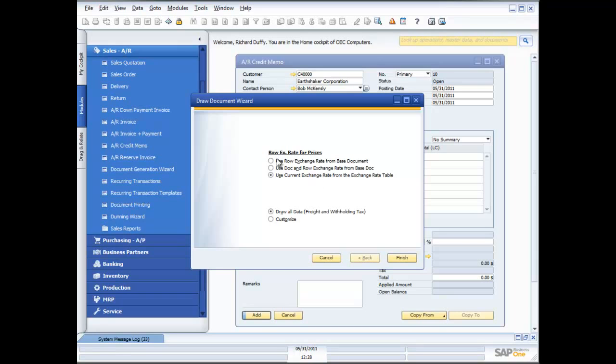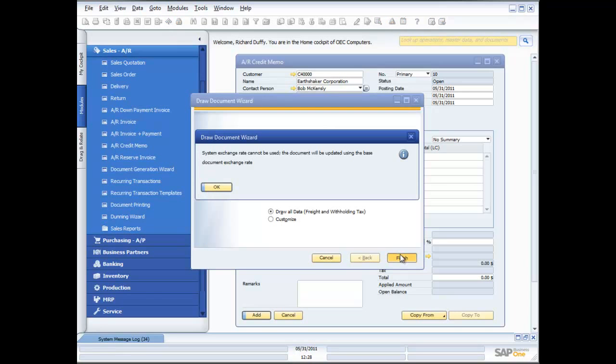So now what it's asking me here is, okay, do you want to use the current exchange rate or do you want to use the exchange rate that was utilized at the time of creating that document? So again, total flexibility. Do I want to pull all the data in that was on the original transaction, including freight and withholding tax, or do I want to customize it? Maybe they're only returning one aspect, or maybe I need to give them a credit on the freight, or whatever the case may be. In this particular instance, I'm going to draw all the data in,